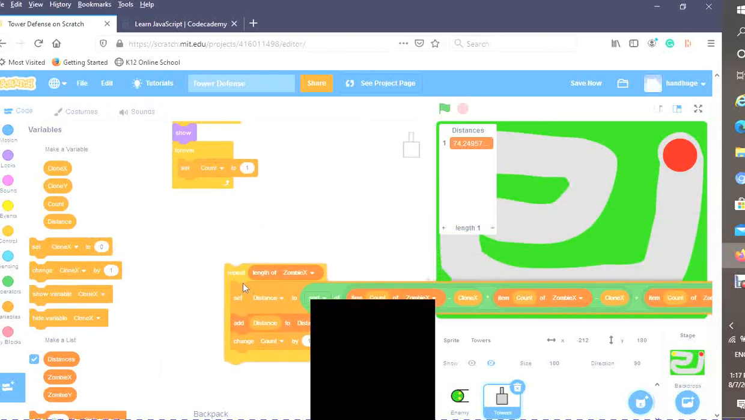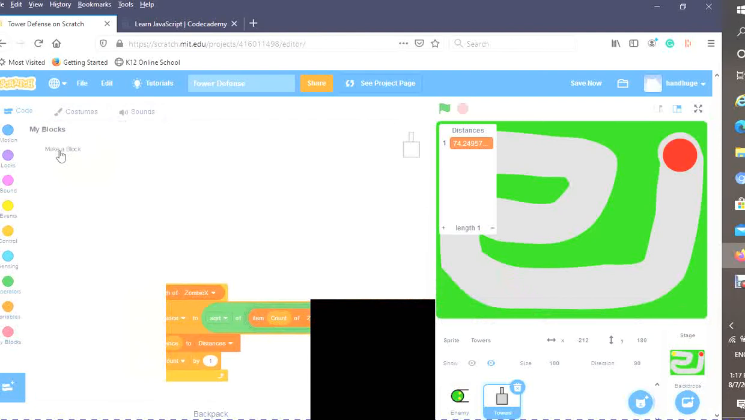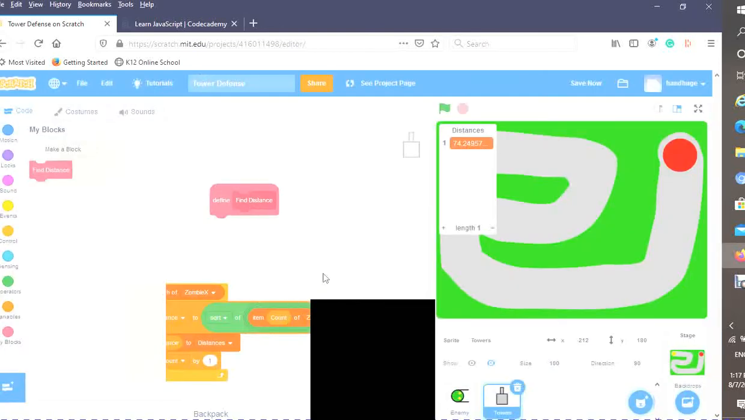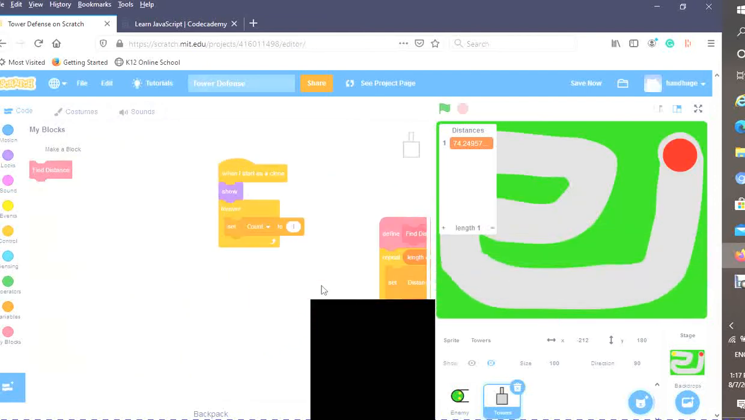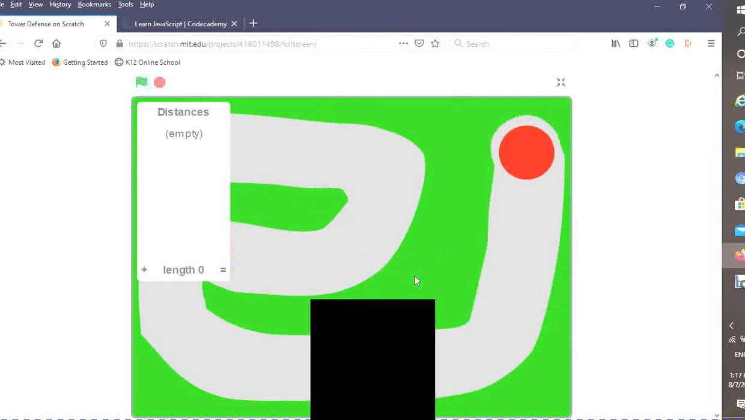So what I'm going to do is take this block out and make a block, find distance, and I'm going to run without screen refresh. So I'm going to go and repeat this find distance. And I'm going to put find distance right here. So let's try it now. Now when I click this,